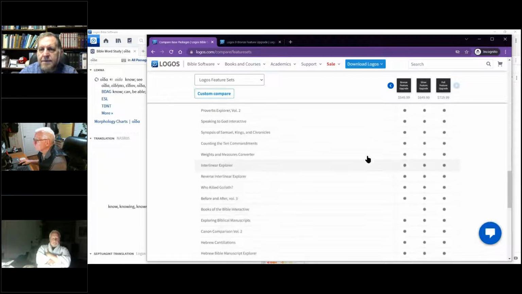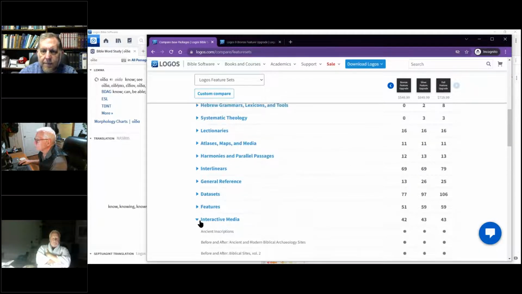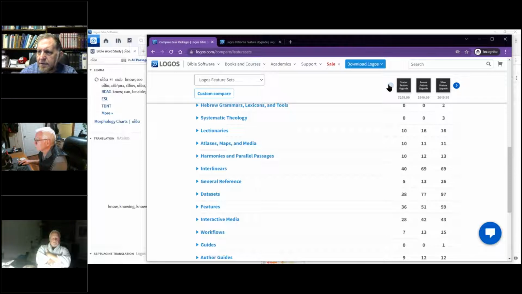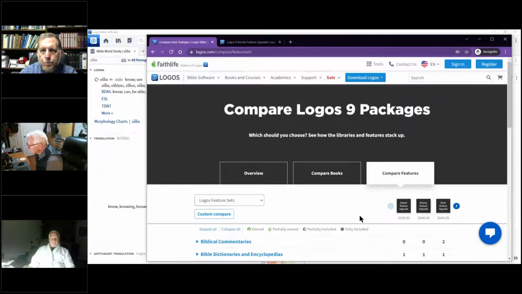But again, notice when you do these upgrades, you're getting more than the interactive media, and you're getting these features. And 59 features. The starter set comes with 28 interactive media and 36 of the features, 38 of the data sets. Well, it's worth it if you use it, but I'm still struggling to figure out one way to open it up. Right. So yeah,